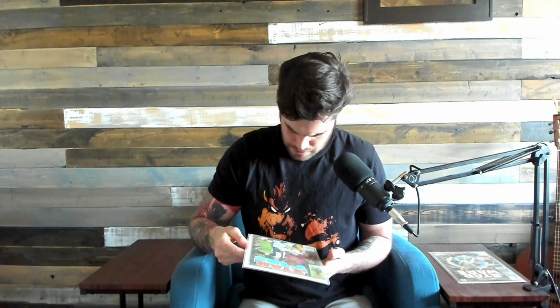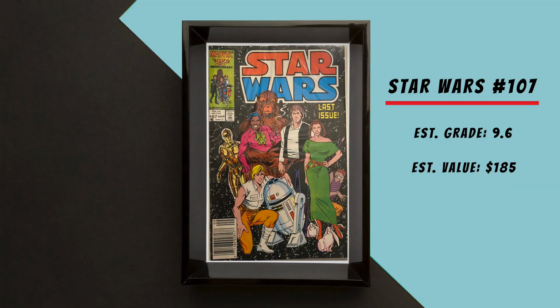Let's see, 107. This one. So here's 107. This is the last issue. Yeah, it's probably 9.4, 9.6, but give me like $100. And then it looks like it has some bonus issues of Return of the Jedi, the annuals. I always liked this cover, and I never knew why it wasn't worth more. It's annual 3,